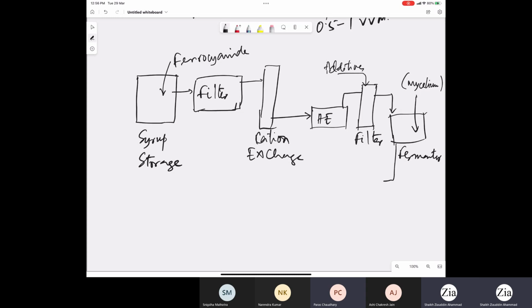And after doing the fermentation, because you are doing a batch process, at the end of the process in the fermenter, you will add the lime. So from the fermenter, after completion of fermentation, you will get precipitation of calcium citrate due to the presence of lime. So again, you will have a filter,